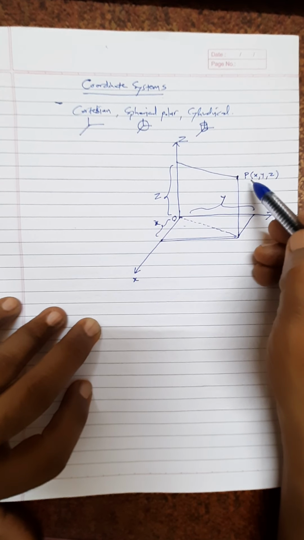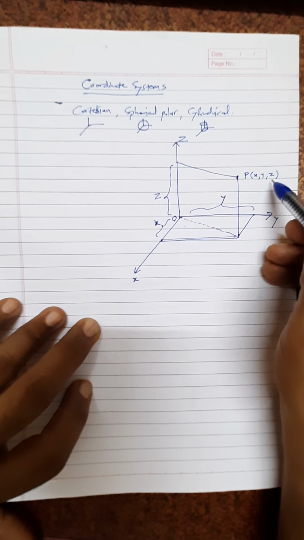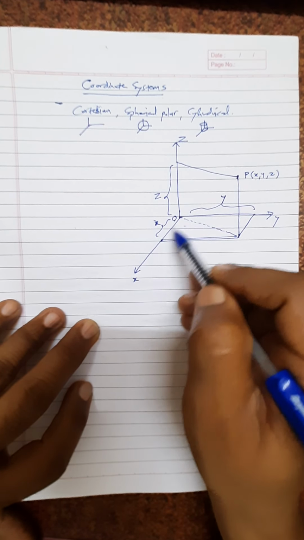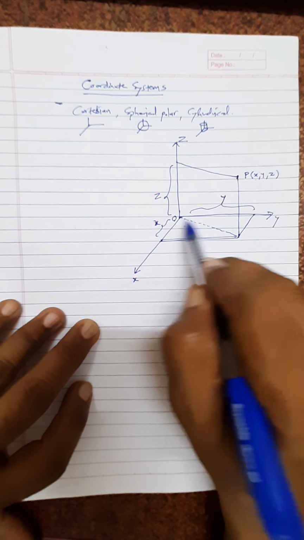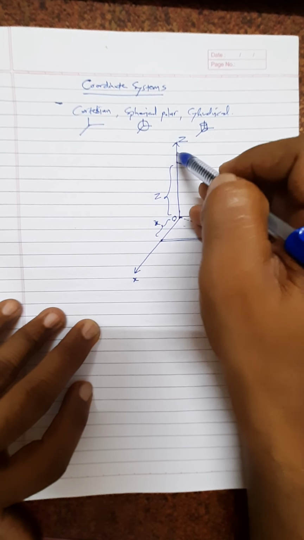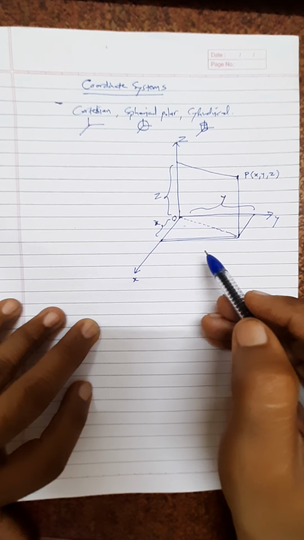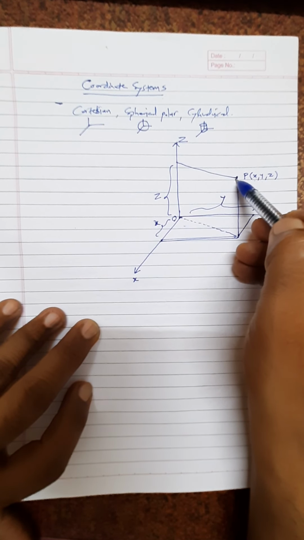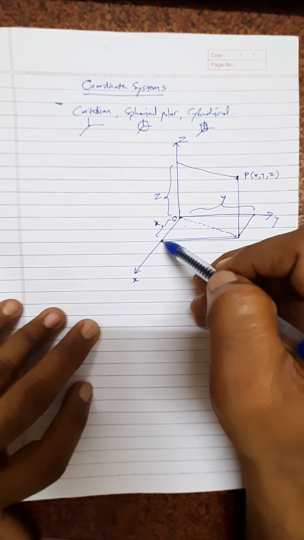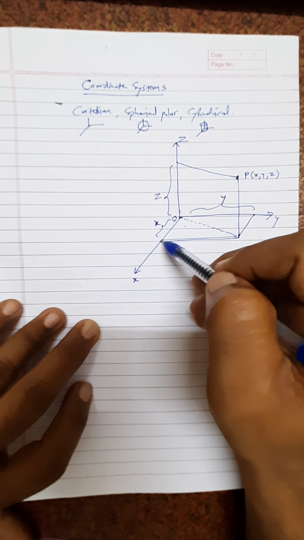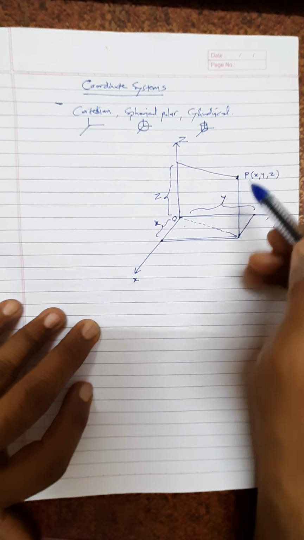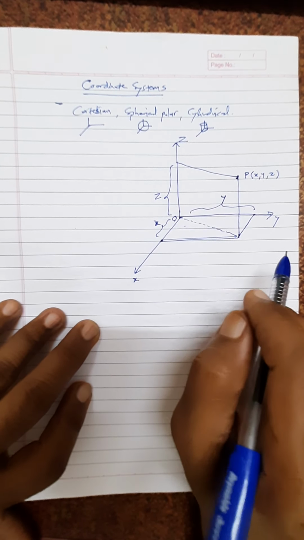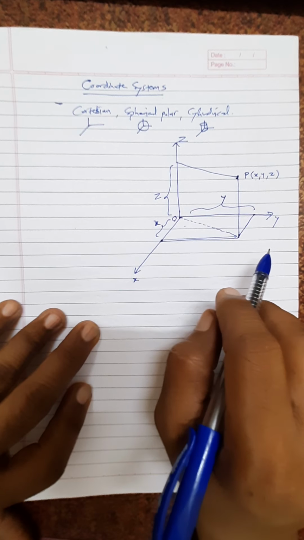Therefore I can express P(x, y, z), where x is the coordinate along the x axis, y is the coordinate along the y axis, and z is the coordinate along the z axis. Remember that if we draw a line from point P perpendicular to the x axis, it will intersect the x axis at this particular point. Therefore this is known as the Cartesian coordinate system. Now